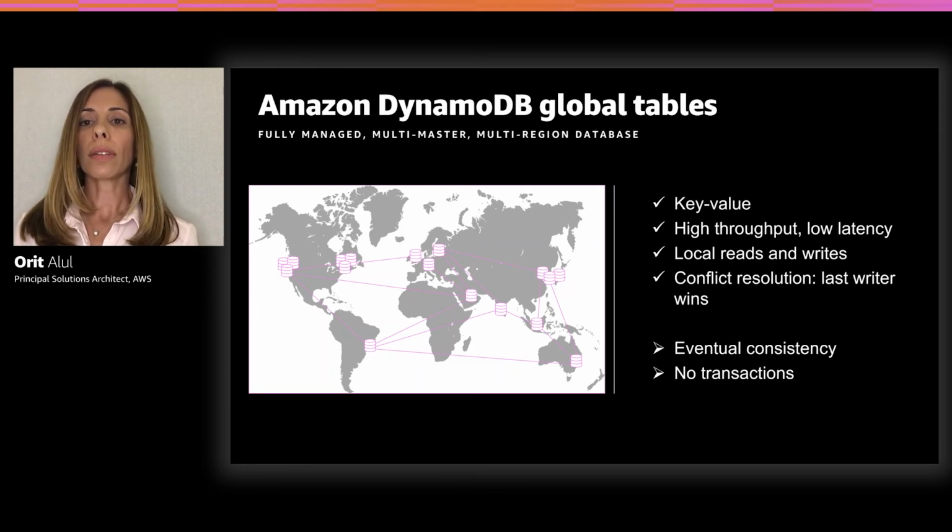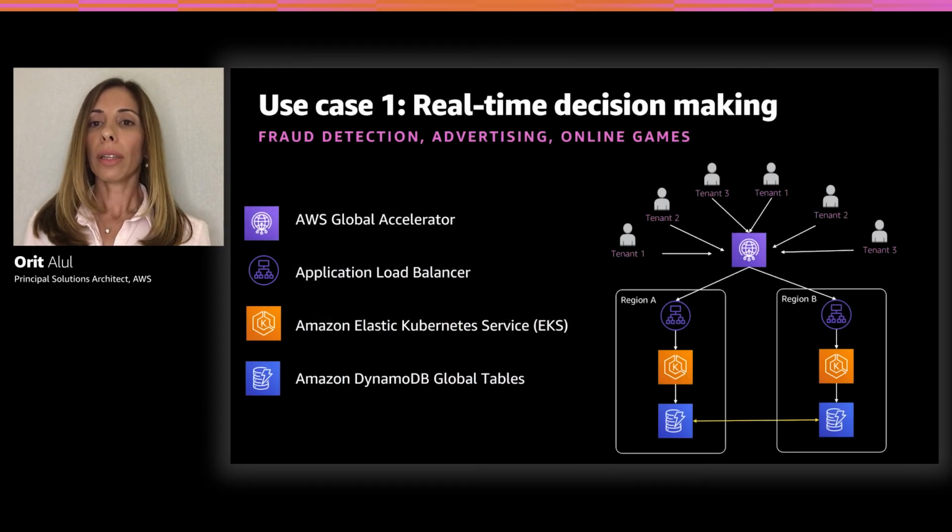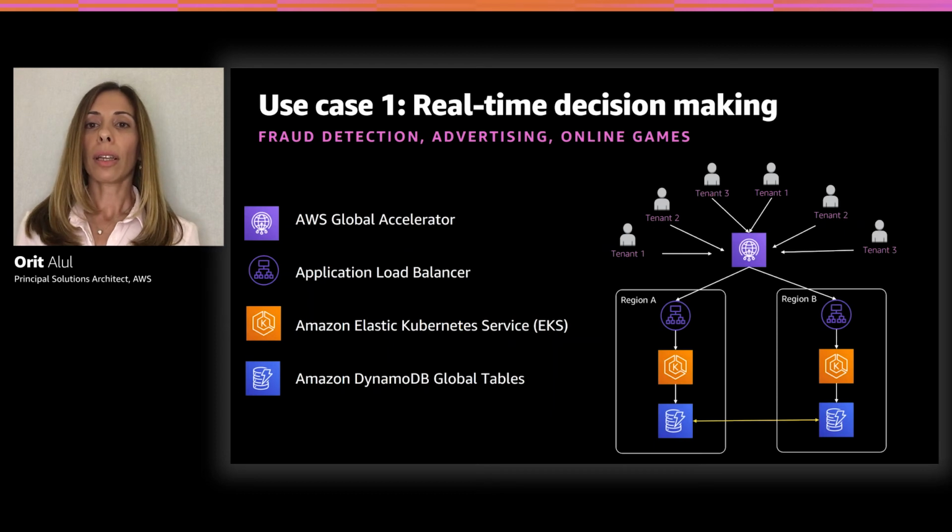When an application writes data to a replica table, DynamoDB propagates the write automatically to the other replica tables in the other AWS regions. And the replication happens usually within 1 second, a typical latency of 1 second. So we actually have here a bidirectional inter-region data replication with DynamoDB Global Tables out of the box. This is simple.